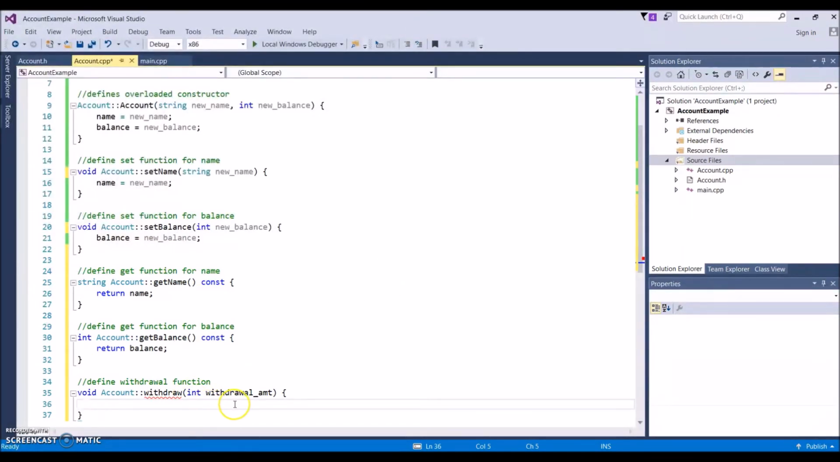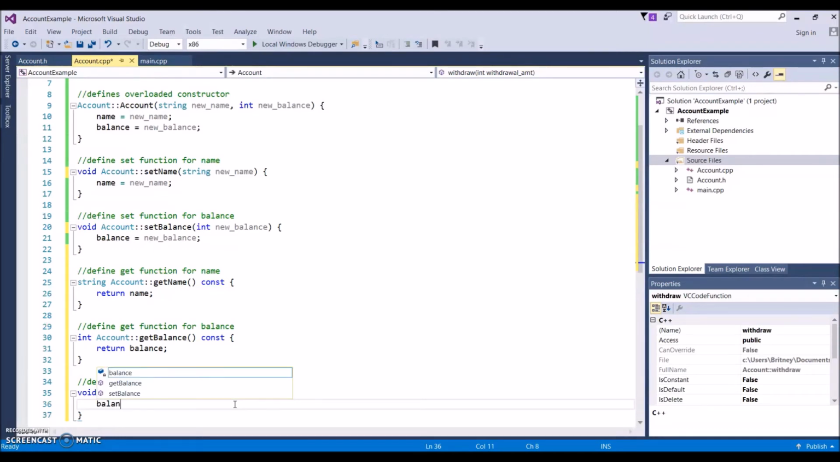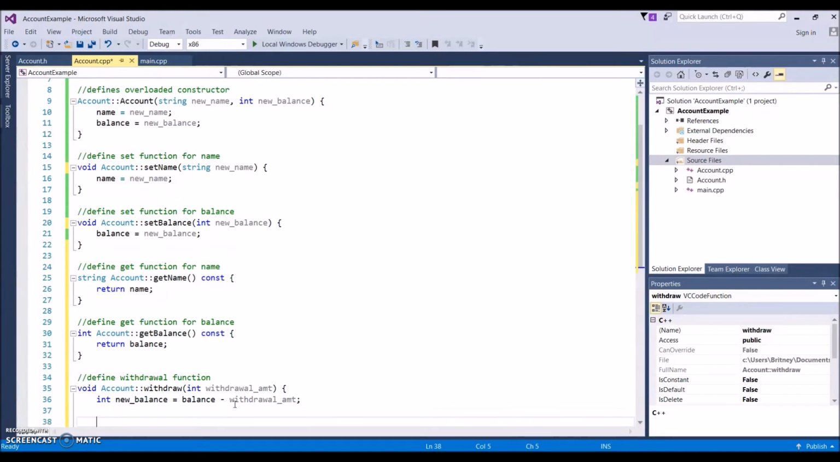Okay, so what we want to do is first we only want to withdraw if they have sufficient funds. So what we can do is we can say int new balance, right? After you do the withdrawal, you can say equals the balance minus withdrawal amount. Okay? And then what we want to do is we can have if statements, right? So this is where we can use our branching conditional if statements. We can say if the new balance is greater than or equal to 0,